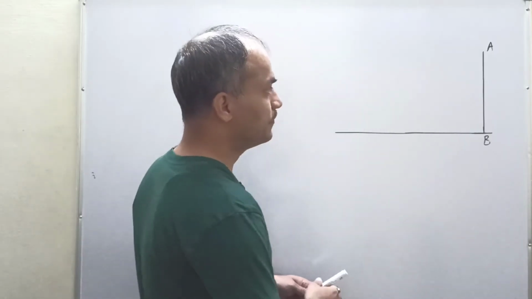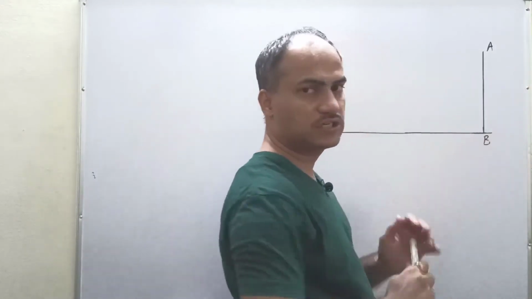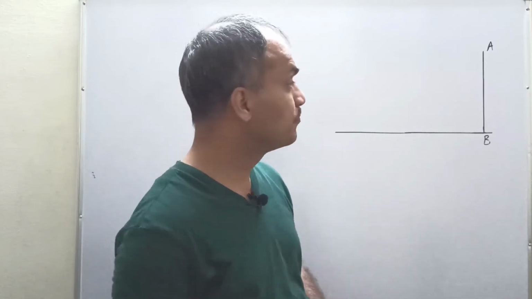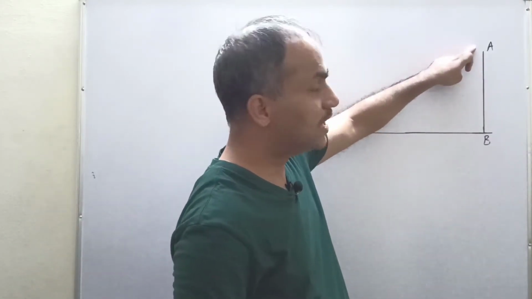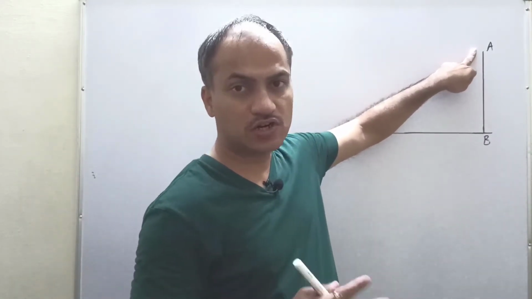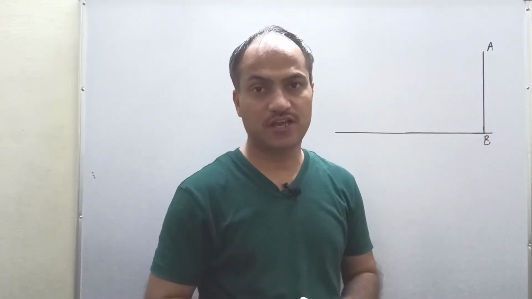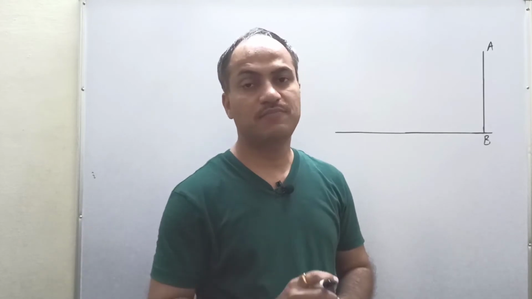Let us assume that this AB is any object. Okay, कोई tree भी हो सकता है, कोई tower, मीनार, it can be any tall object जिसकी height हमें measure करनी है using trigonometry. Fine. तो किस तरह मेजर कर सकते हैं? We have to make a right angle triangle so that trigonometry can be applied.